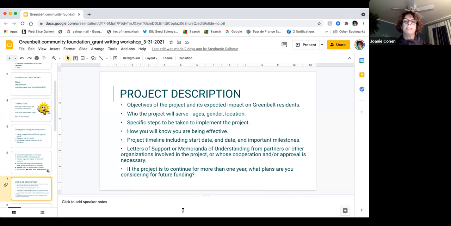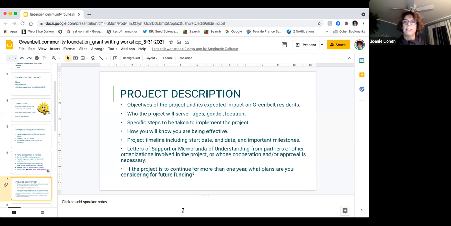Specific steps to be taken to implement the project. For example, if you need to recruit participants, that should be planned for in your program plan. Like, let's say you're notified in July for a program you hope to start in the school year in September. You want to note in your narrative that the first few weeks of school in September, you're going to create flyers, you're going to advertise the guitar program, the theater, whatever it is, you want to really make sure that we understand the steps you're taking to get your program